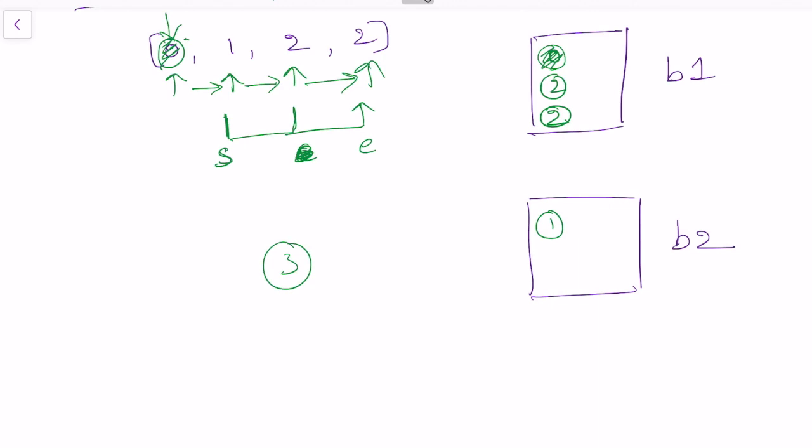We keep moving the right pointer towards the end, and if at some point we are unable to insert a fruit into one of these baskets, then we keep moving our left pointer towards the right. That means when we are moving our left pointer towards the right, we remove the type of that fruit from our basket, and then check if we are able to add the fruit which we were unable to add before. So the way I do that here is like,